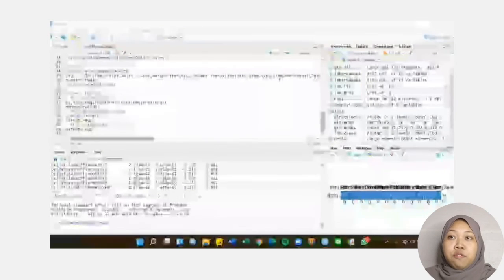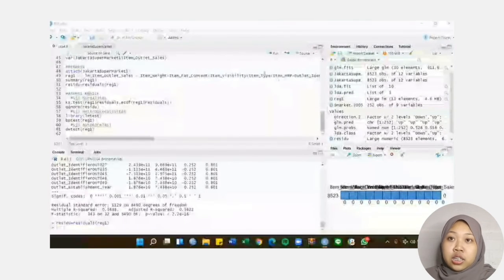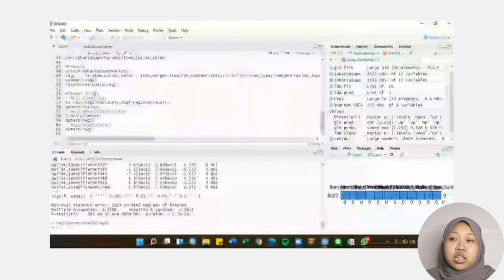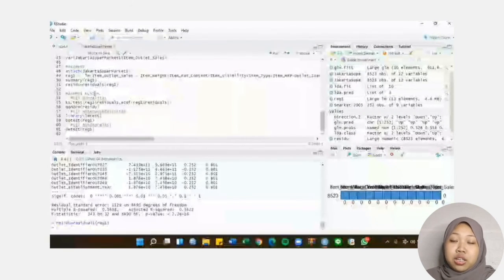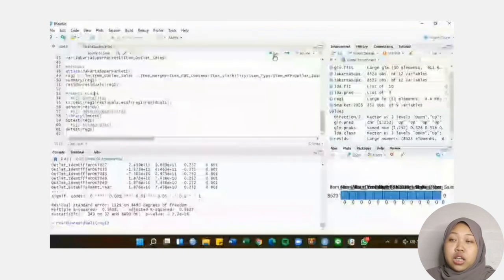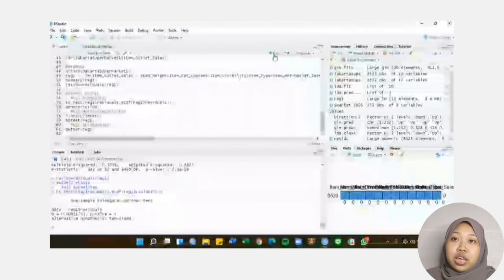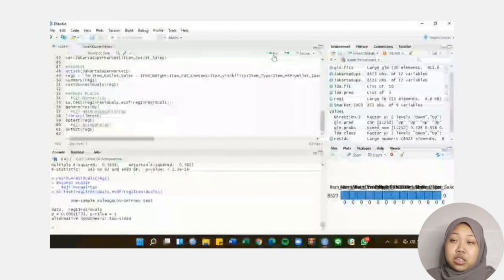Classical assumption of normality using the Kolmogorov-Smirnov test. The result is 0.00. It can be concluded that the data we are testing is not normally distributed. Then if you look through the plot, it seems that our data is away from the ordinal point, so it can be said that it's not normally distributed.